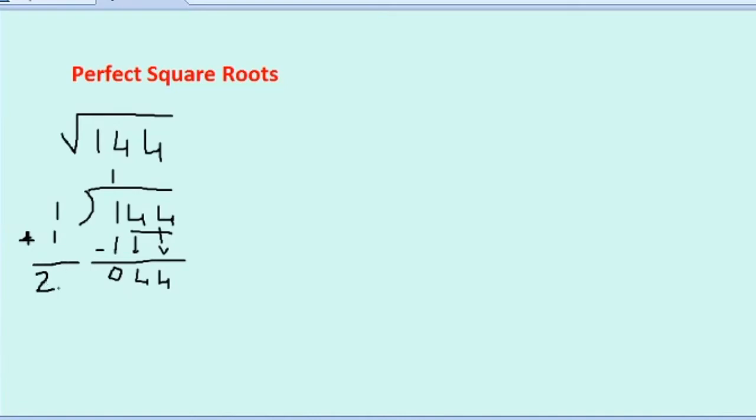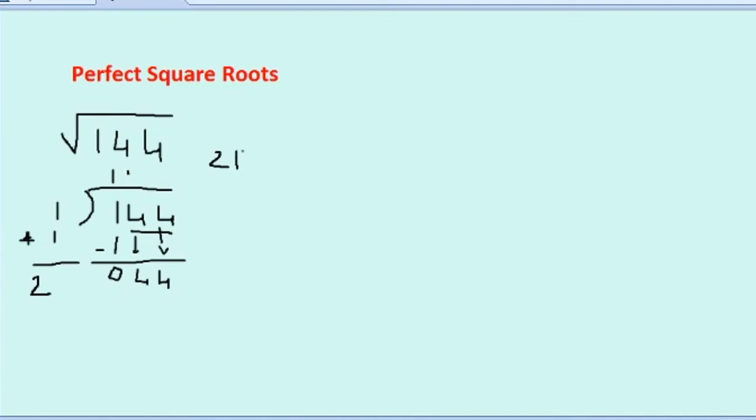After this, we are going to write any one number here in this space. That number, this is 2, and one number we are going to write here, and the same number we are going to write here, and it should be equal to 44 or less than 44. It should not be more than 44. So if I am taking 2 here, the next number I can write is 1. If I write 1, I have to write 1 here also.